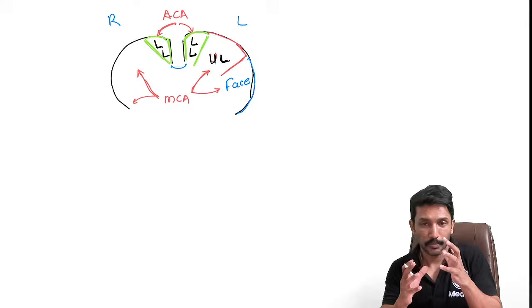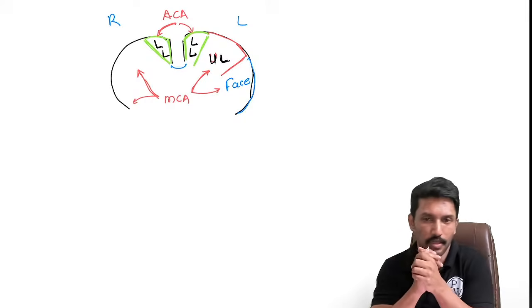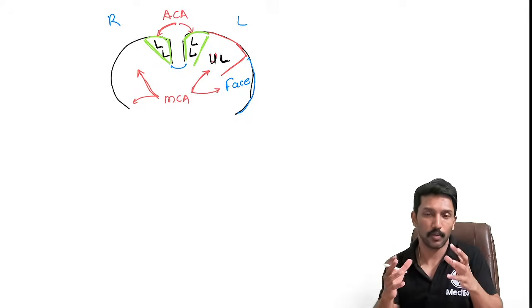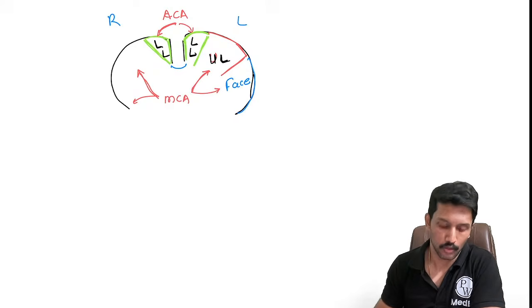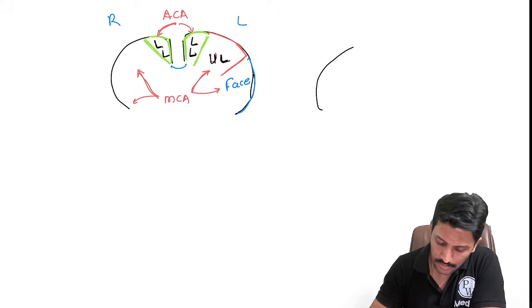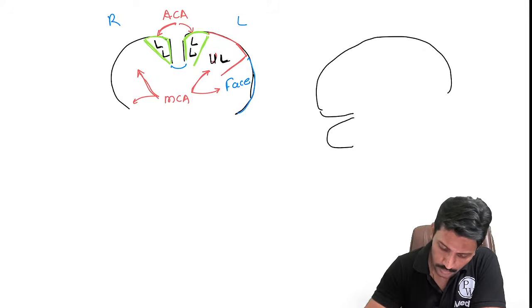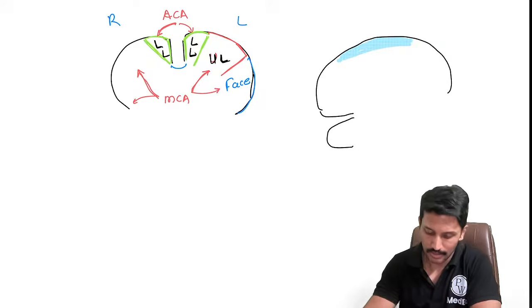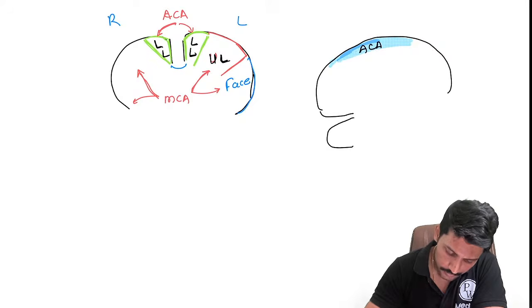And for the occipital lobe or posterior part of the brain, we have the blood supply coming from the posterior circulation. So the anterior cerebral artery and middle cerebral artery are the ones giving the blood supply to the frontal lobe, a large part of the parietal lobe and the temporal lobe. So if you see from the lateral side, I can represent the blood supply like this. The superior part and a little on the medial side is where the anterior cerebral artery gives the blood supply, and then